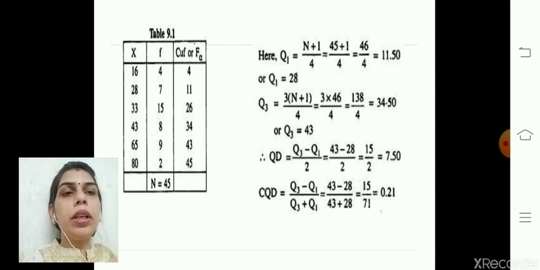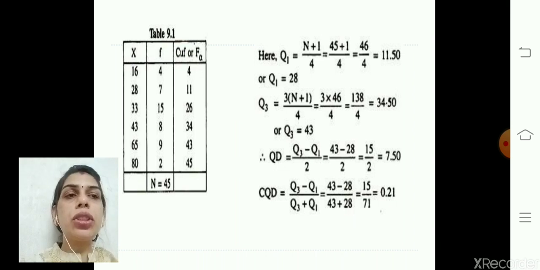Now we will calculate the values of Q1 and Q3. The formula for Q1 is the same, (n plus 1) by 4. We will put the value of n. Here n is not the number of observations because frequencies are given. So n is the total of frequency. The total of frequency is 45. So we will put the value 45 plus 1 by 4, that is 46 by 4,